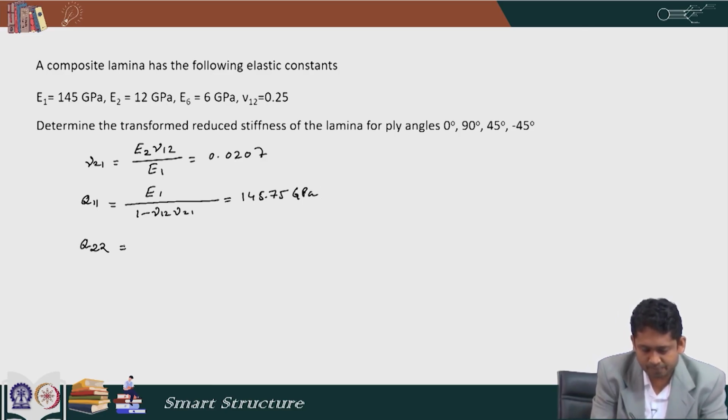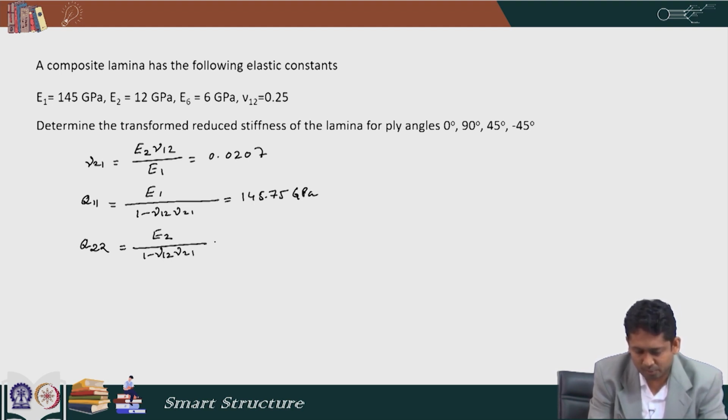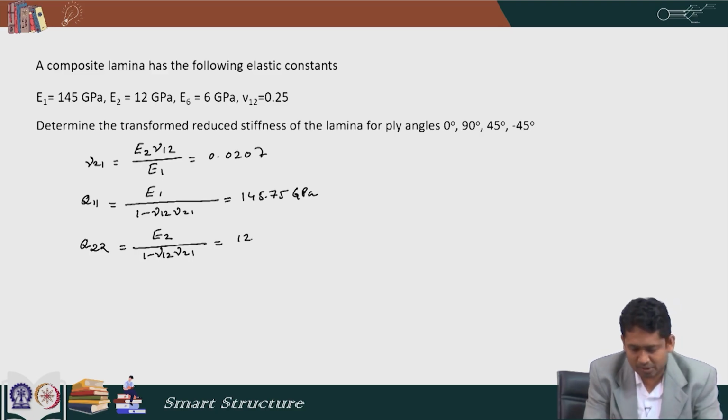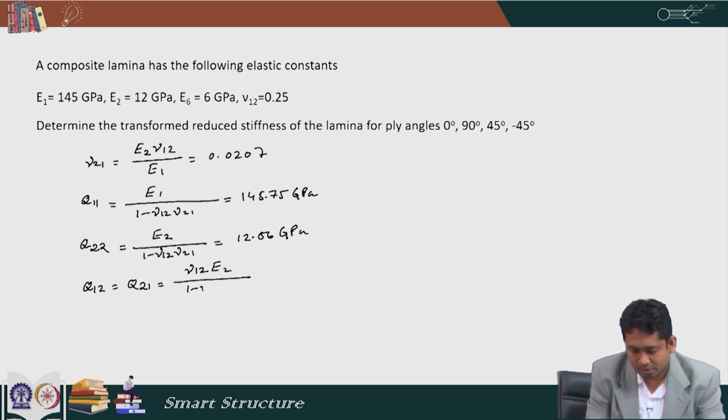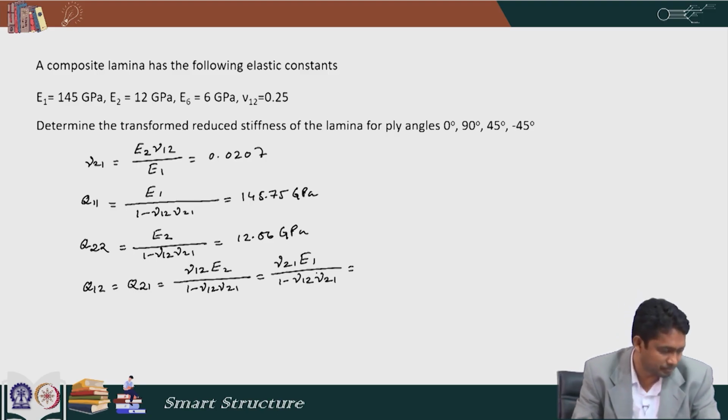Then we have Q22, and Q22 is E2 by 1 minus nu12 nu21, and the value is 12.06 GPa, and then we have Q12 is equal to Q21, and this we can write as nu12 E2 by 1 minus nu12 nu21, or also we can write nu21 E1 by 1 minus nu12 nu21, and the value comes to be 3.016